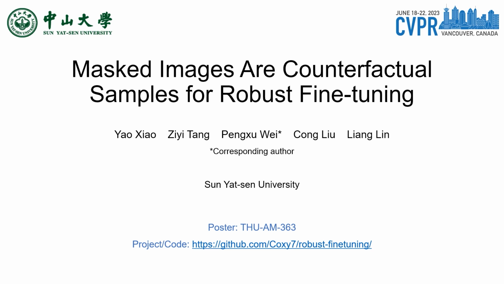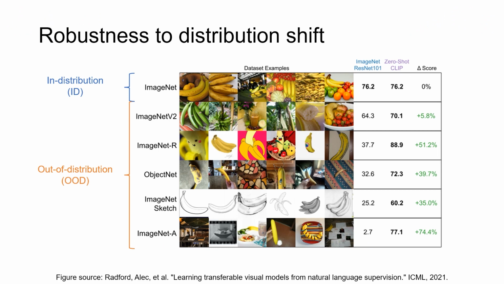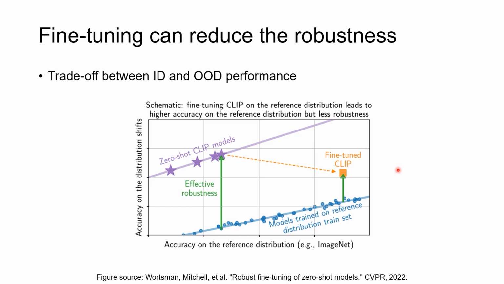Hello, I'm Yao Xiao from Sun Yat-sen University, and I'm glad to present our paper, Mask Images are Counterfactual Samples for Robust Fine-Tuning. Recently, large pre-trained models like CLIP exhibit strong robustness to distribution shift, showing significantly better performance on OOD data. However, it is found that fine-tuning these pre-trained models can reduce the robustness, leading to a trade-off between